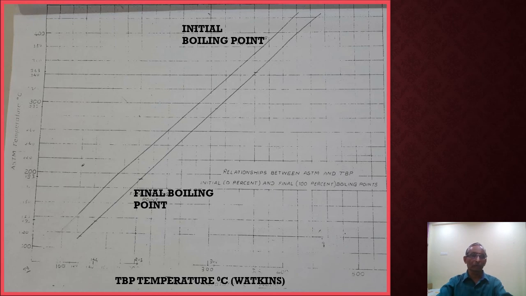So this is the chart available. This is the ASTM temperature against the TBP temperature. Now the given is the ASTM endpoints, so you use the line of final boiling point, not initial boiling point. If the ASTM 0% point is given, then you use the initial boiling point line. Please remember this. When the endpoint is given, you refer to this particular line. With the help of this ASTM temperature, you identify the final boiling point, the TBP endpoint. So this way, for the ASTM endpoint against the TBP endpoint, how much it is, you are going to identify. Initial means 0% and final means 100% boiling points. So this is for the 100% boiling point.